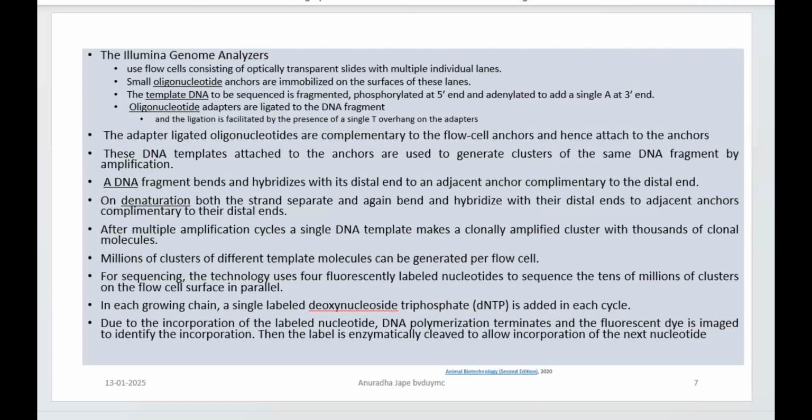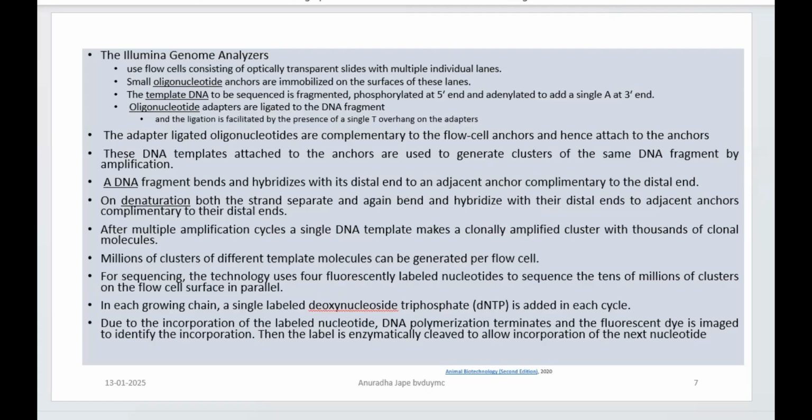Now what you are going to do for sequencing, the sequencing technology, as we said in the beginning, is the sequencing by synthesis method. So you are going to have everything that is required for synthesis, but additional to that you are going to have different fluorescent labels, and these fluorescent labels are going to get attached to different nucleotides. So you are going to have four different fluorescently labeled nucleotides. When I say four different fluorescent, it means each is going to have its unique fluorescence color. All right, and only then will you be able to distinguish them.